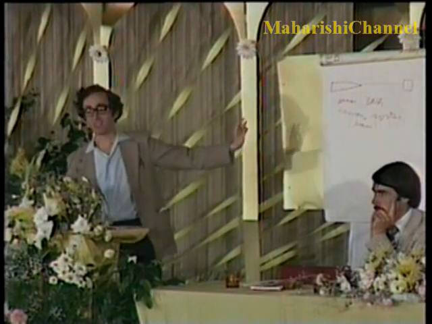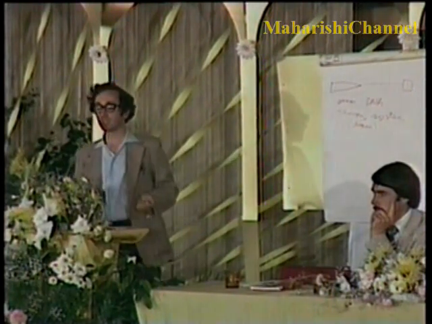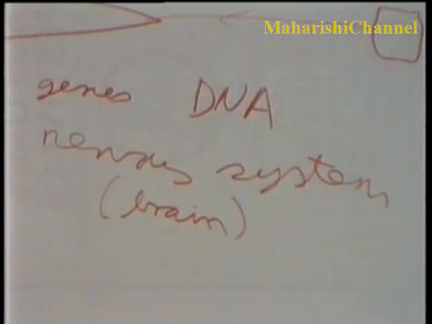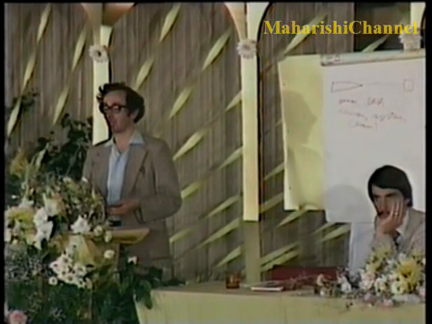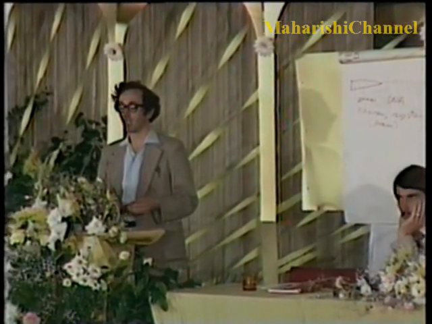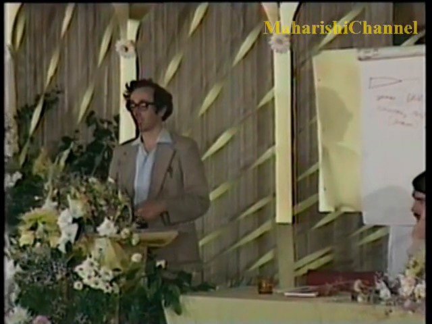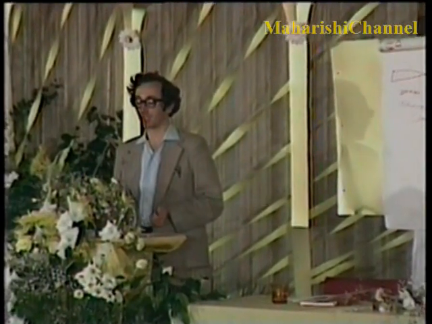Now, this information that's stored by these two mechanisms, the genes and the nervous system, these are what constitutes the intelligence of a living system. Now the question is, how does this intelligence come about? Because we know farther back in evolution, systems weren't as intelligent. In the same way, a child hasn't got the same capability as an adult. There must be some directive process which produces the intelligence.